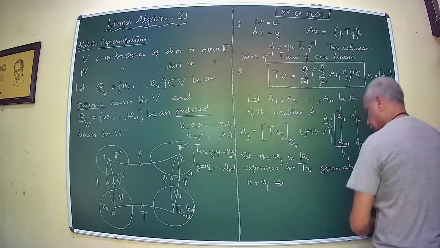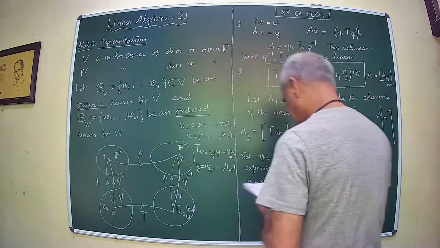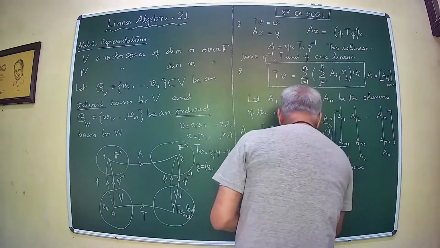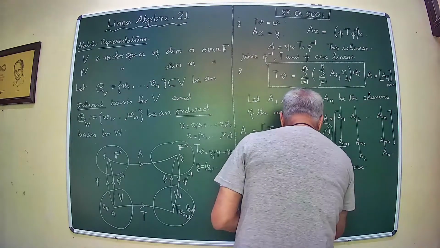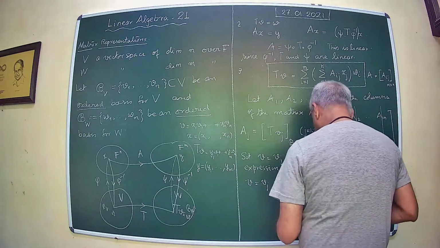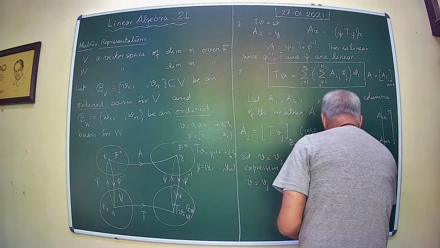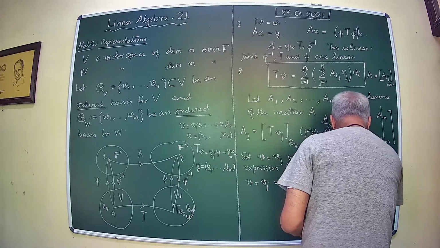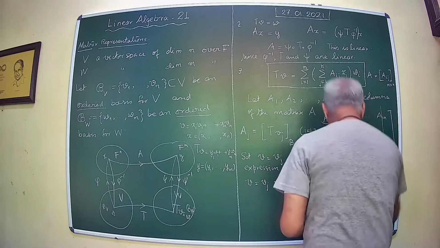More explicitly, I can write it as xj equal to 1 and xi equal to 0 otherwise,